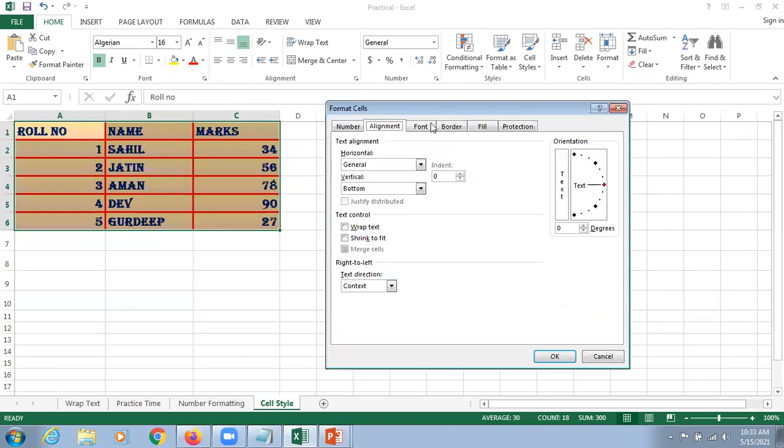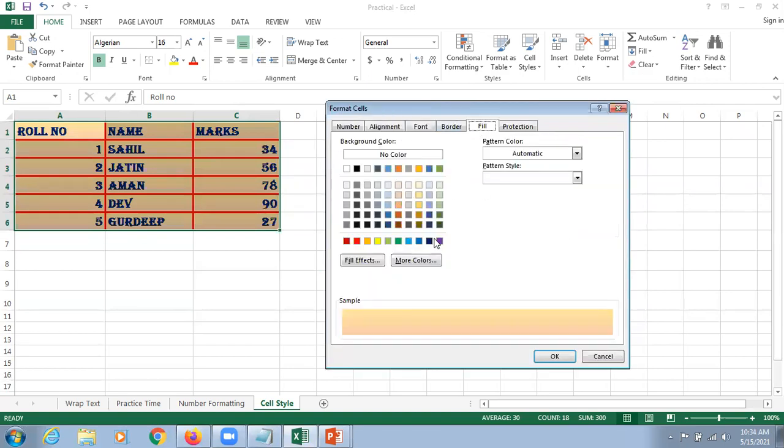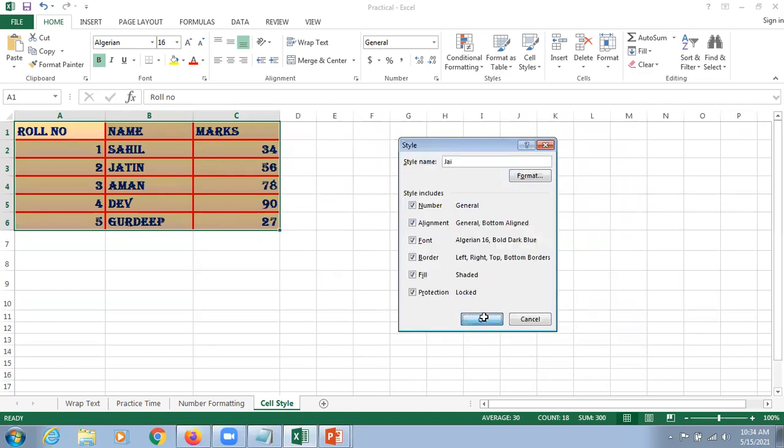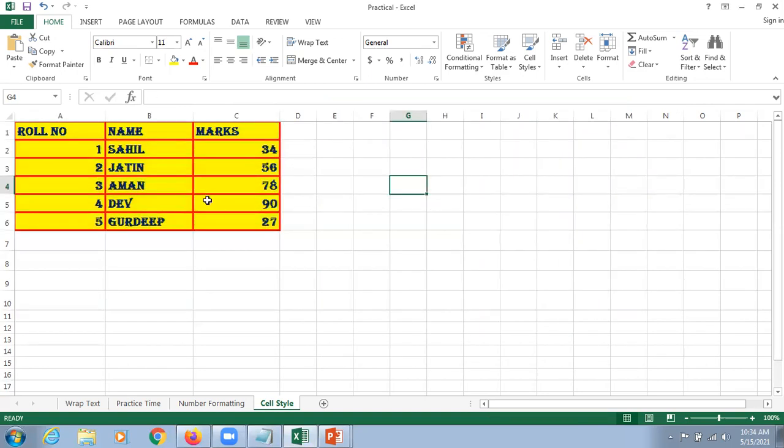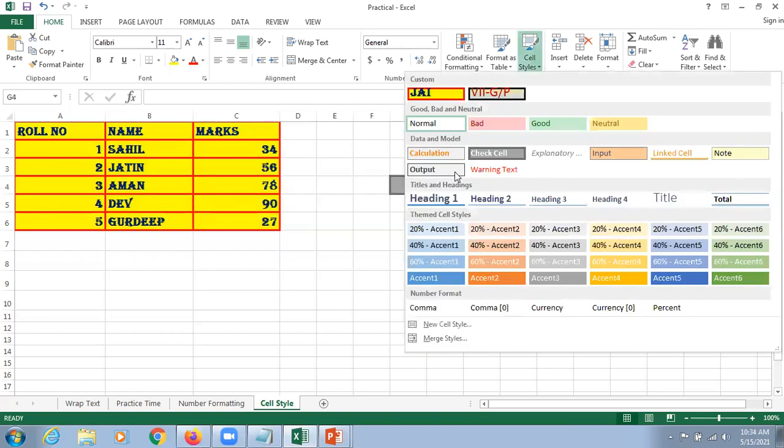Now, if you want to make modifications in a similar way, you can modify. You can click on the format. For example, this time I just want to use a color here, that is yellow, only yellow I need. I just click on OK, and then there is OK. So this modification is supposed to be done here. So some students are asking, sir, you are right clicking here and this is apply. Okay, I'm just going to apply.